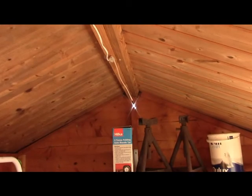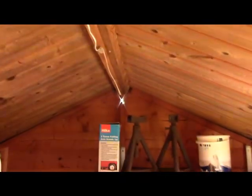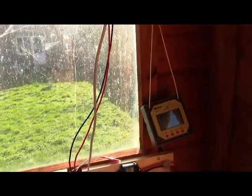Currently I've got a set of lights hanging in the shed. These are simple 12 volt car headlights that have been sitting here running. They're pretty much on all the time. They virtually take no load. I think they're 3 watts each, so they're taking virtually no load from the solar panel. Bear in mind it's a 250 watt solar panel. Currently we're drawing